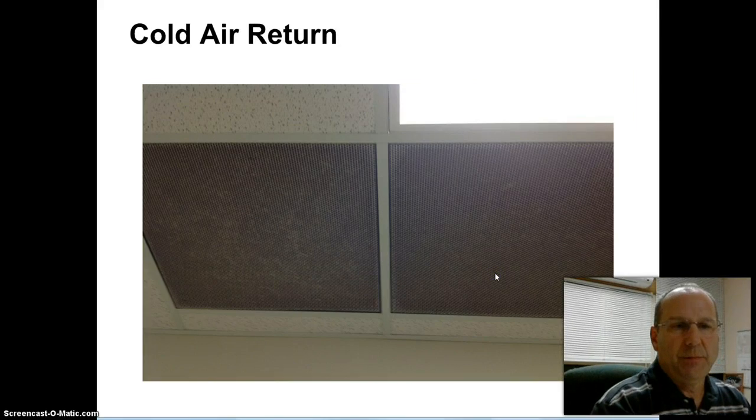This is some maintenance that's been done in our building. These are cold air returns, and I helped the janitor take 2 of these vents down, and showed her how to wash them. Air is supposed to flow through these freely. They're supposed to be white. She's now washed all of those vents, so that's something that we've got done.